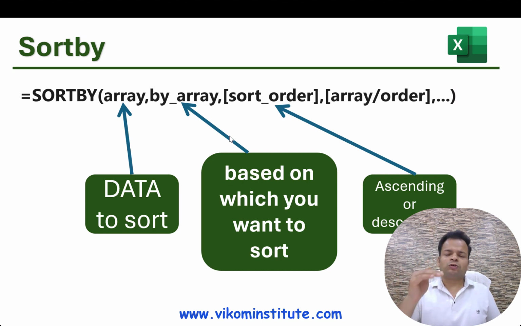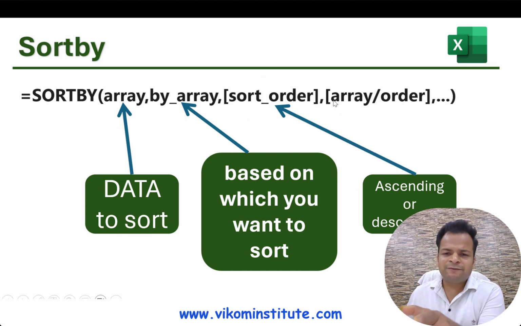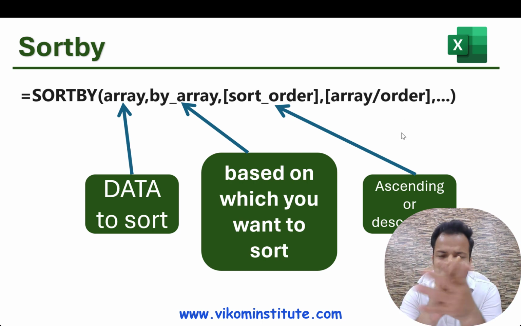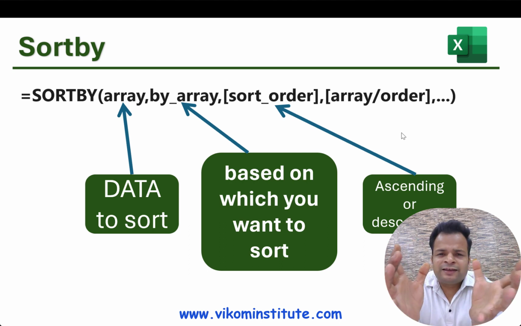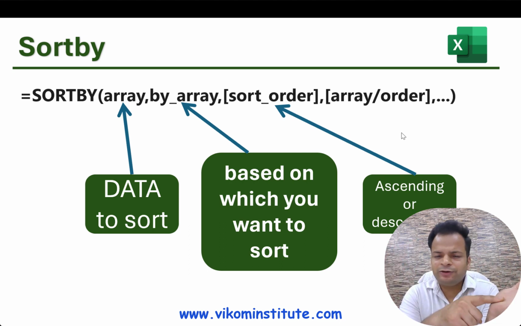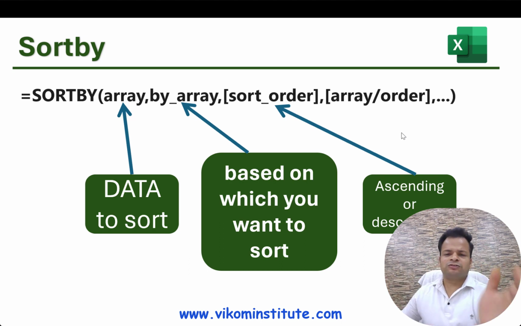Let's say I want to sort the numbers 1 to 10. I will simply use the sequence function to build 1 to 10, then provide that sequence function here. Then it is going to sort my data. Now it is asking me sort order, ascending or descending, and here I have array orders once again. So it means I can sort multiple columns here. Let's say for example we have 3 years, 2020, 21 and 22, and here we have multiple months, so we can sort our year first, then the month second. So that's how sort by is going to work. Let's try to use multiple examples to understand how sort by is going to respond.